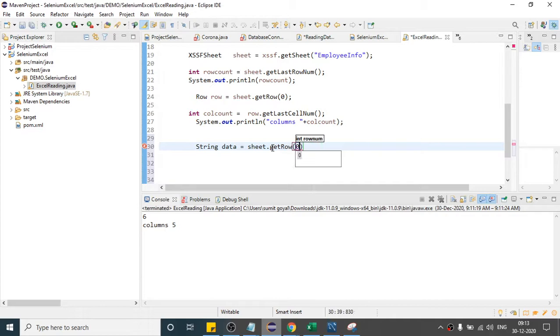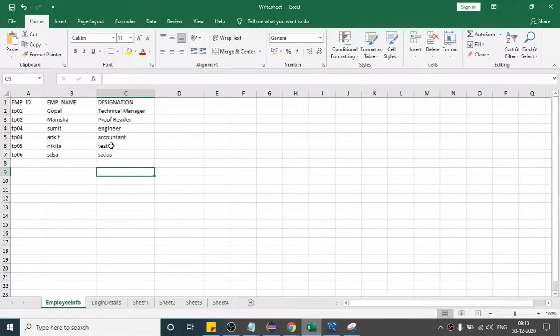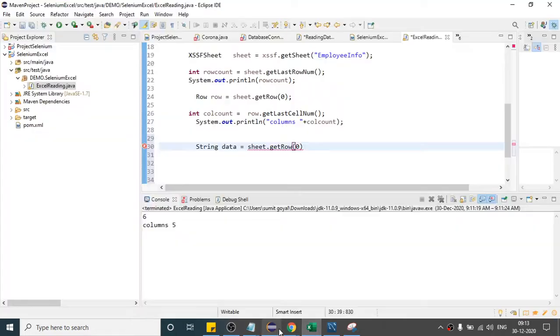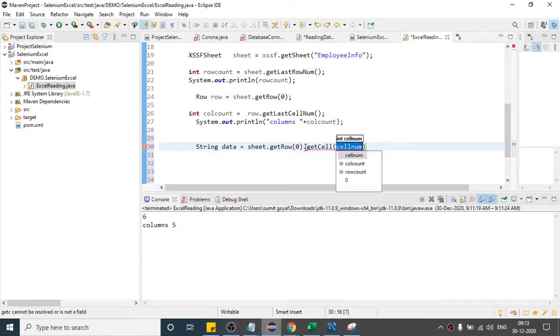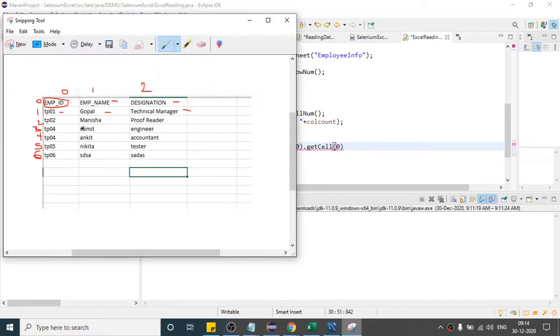So I am working with first row number 0, right? So I am going to first get this row, row 0, right? And once I get the row, I will call one more method which is get cell of 0. So basically I am saying get me 0 and 0. So it will give you this first column, this data it will give, right?